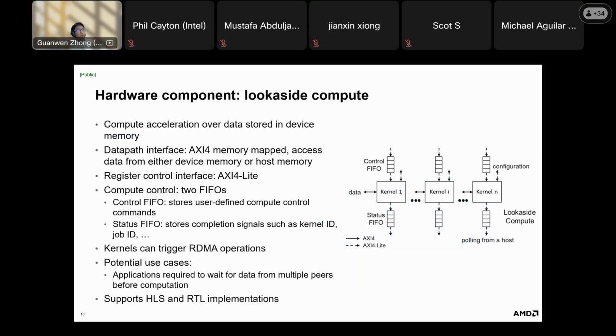And in RecoNIC, we have two compute boxes. One is lookaside, the other is streaming. So the lookaside compute box is used for compute acceleration over the data stored in the device memory. For example, matrix multiplication. We need to wait for array A and array B and do the computation, then write to array C. It's not a streaming mode. We can't do this kind of thing in a pipelined or in-network way. We have to wait for the data. So